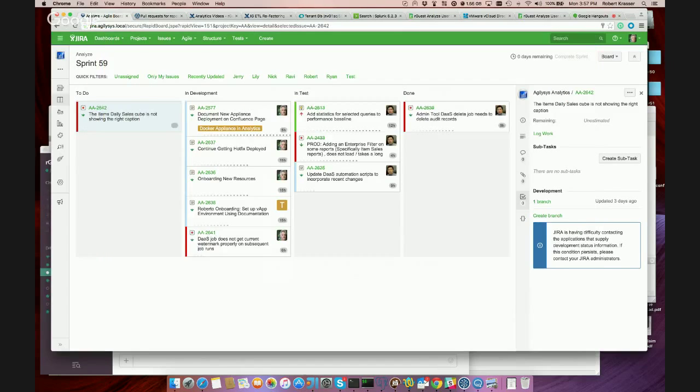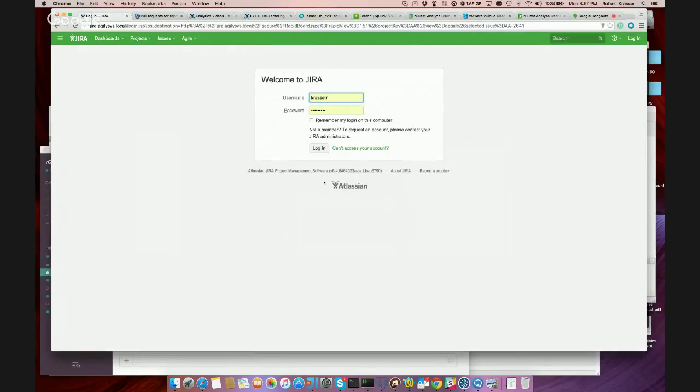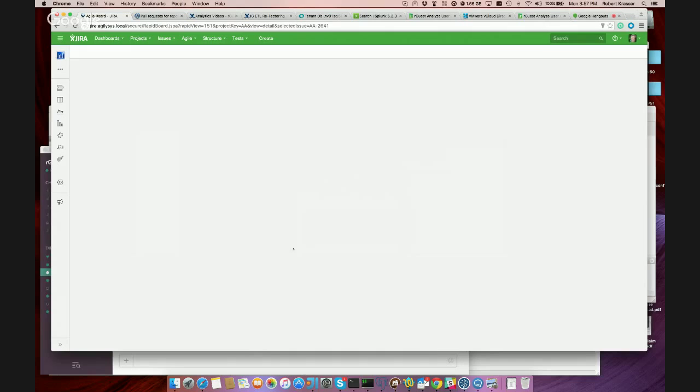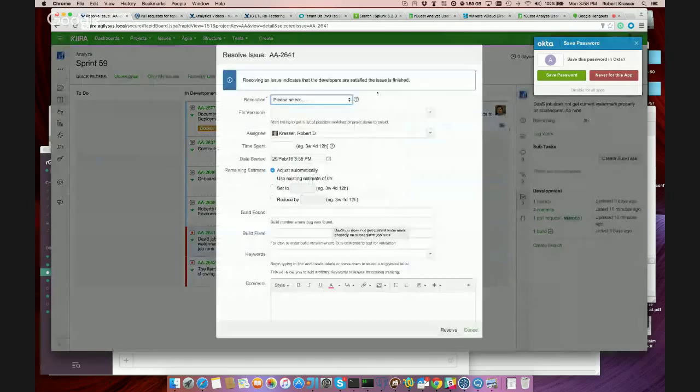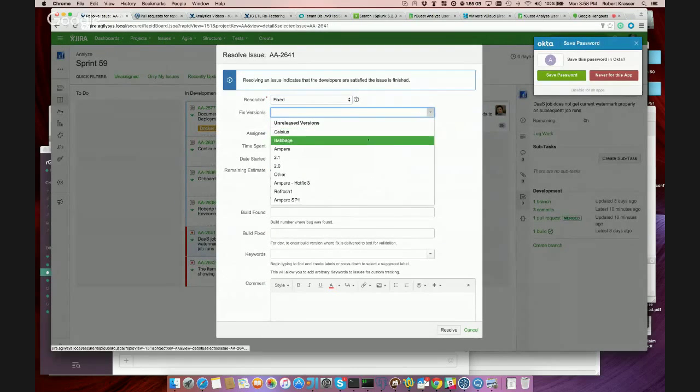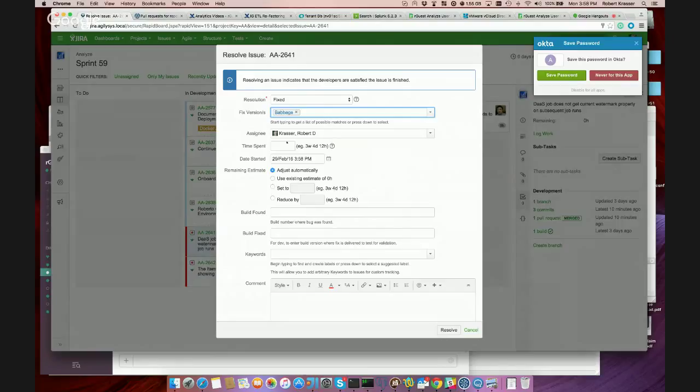And then I'm going to move this into, I'm going to move, oh, that's yours. I'm going to move mine over and do the same thing while you're doing that one. I fixed mine, fixed version, Babbage, 1 hour, object for